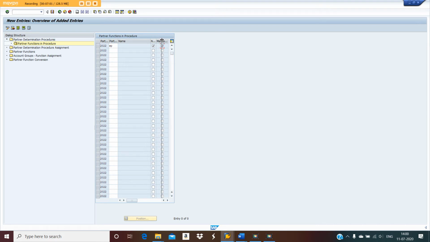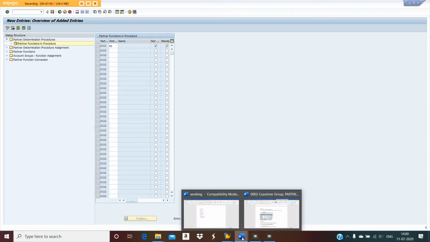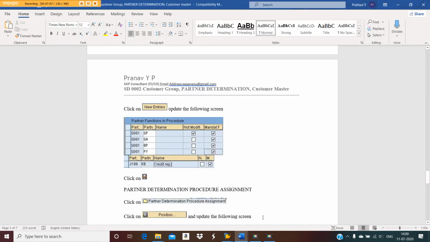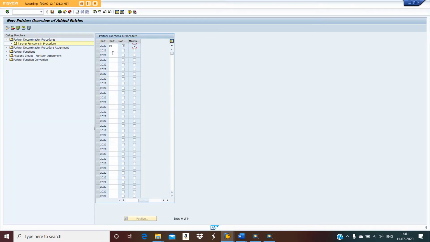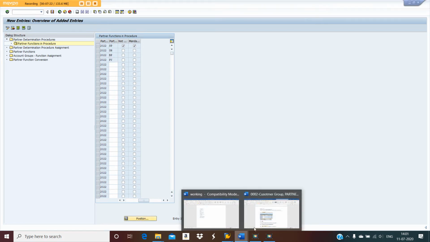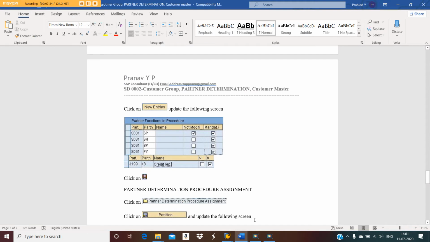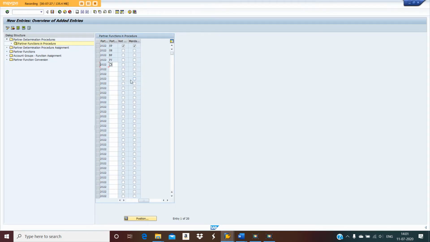This is mandatory, not modifiable, mandatory. Next are SH, BP and PY. Okay. Now click on save. So the data was saved.